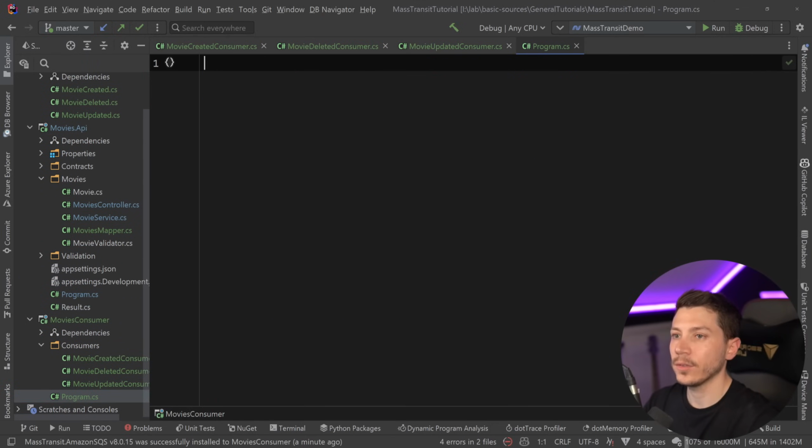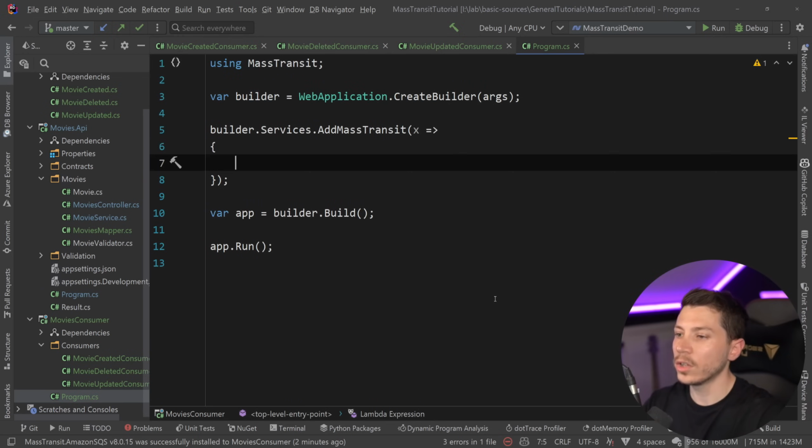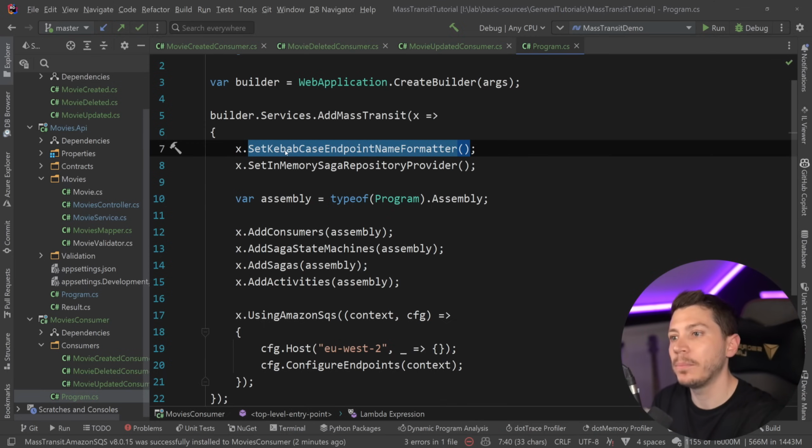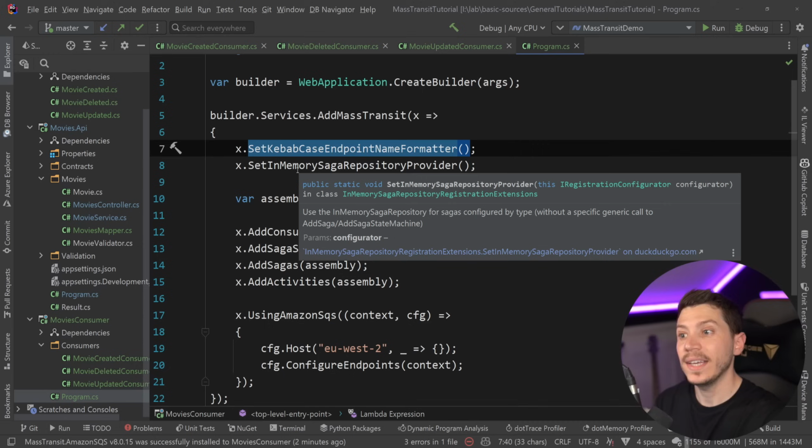And now I'm going to start to write that Program.cs. Now, a lot of what we saw before is actually the same. We still have this AddMassTransit logic, and we're still going to have this UsingAmazonSqs logic, but I'm going to have a more full implementation here. So we still have this kebab case endpoint formatter, but we also have an in-memory Saga repository provider,